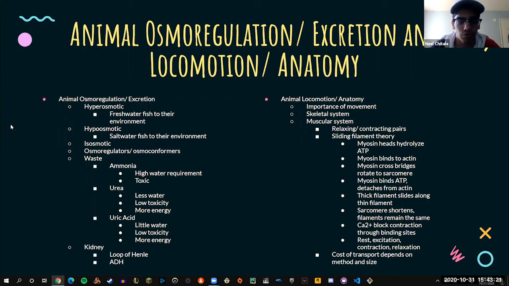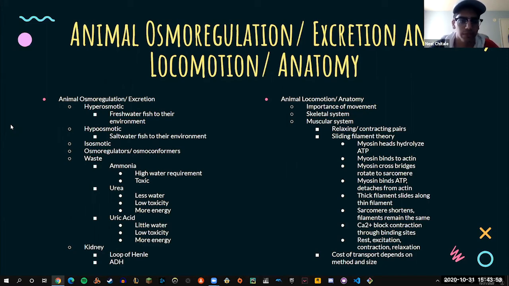Then we also have urea. So there's less water needed, and it's also lower in toxicity than ammonia, but it requires much more energy to produce, just because you don't have as much water being able to direct the flow of concentrated waste. And so humans, among many other animals, even like sharks, tend to actually produce urea as opposed to ammonia